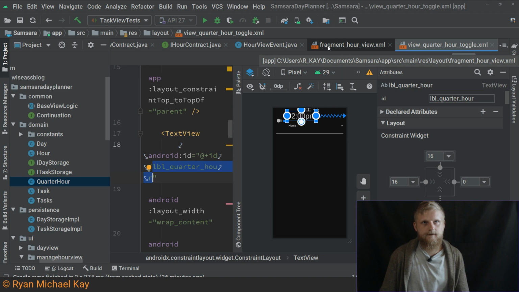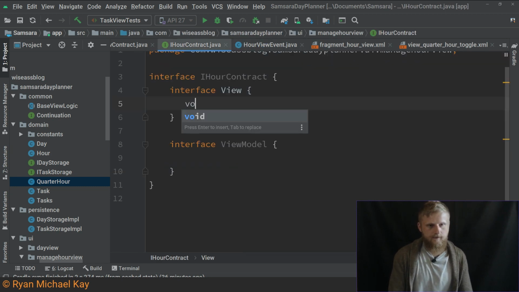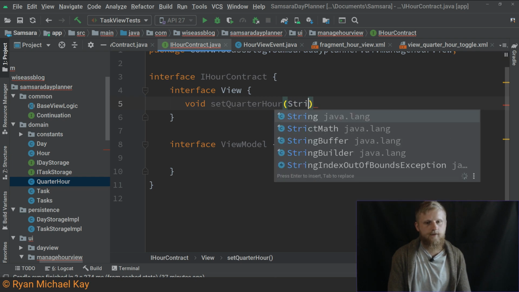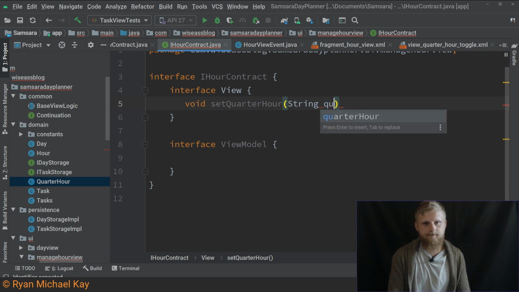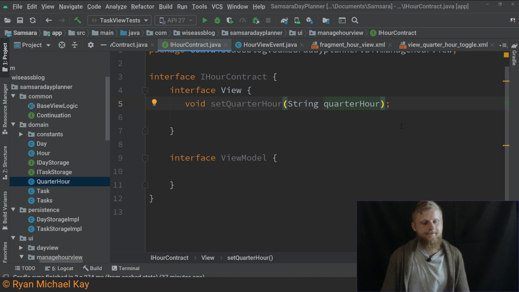So set quarter hour, we'll call it that. That's going to be void set quarter hour, and that'll be given probably, I think we'll do a string. We'll call it that. And then I might also have to include which quarter hour it is. So this is kind of an interesting little design problem here. So what I can do,